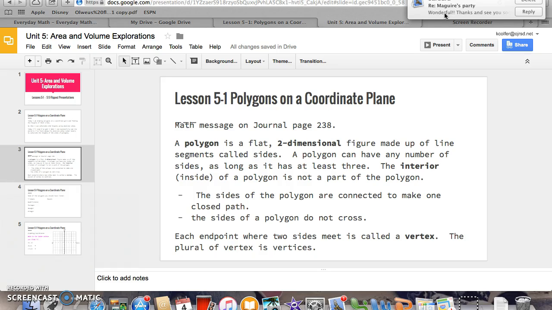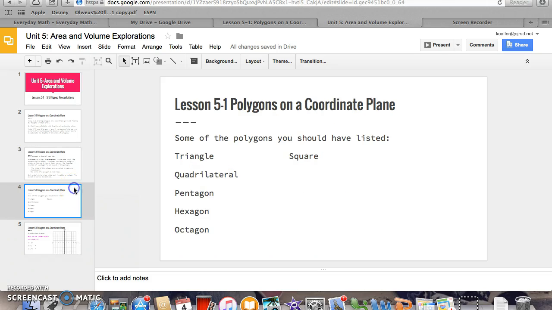So now we're going to go into a little bit of a reflection from your math message. So if you're coming back, these are some of the polygons that you should have listed from the shapes that you've recorded and sketched from around your house. So we all know a triangle is a 3-sided polygon. We have that quadrilateral, a 4-sided polygon, and I have opposite sides that may or may not be parallel. We have a pentagon, 5 sides, hexagon, 6 sides, octagon, 8 sides, and then the square, obviously we know,